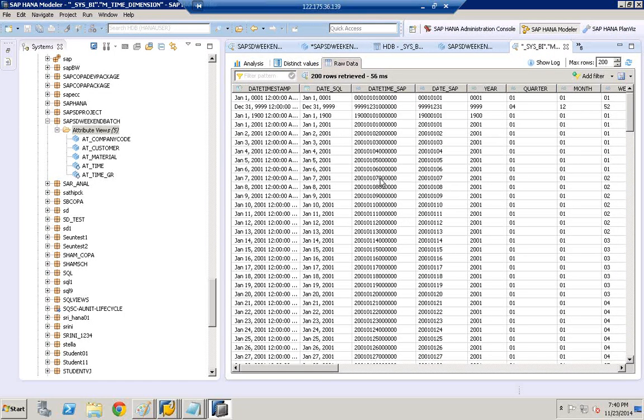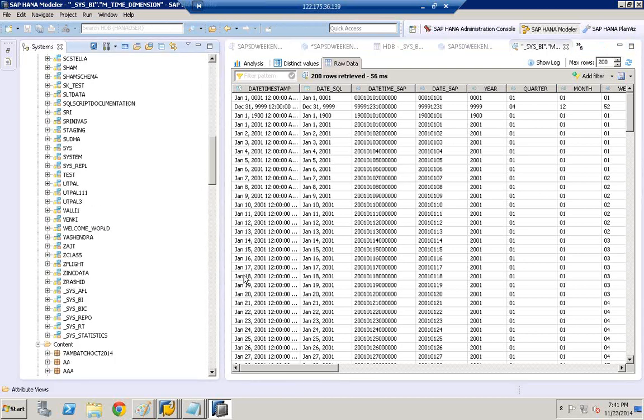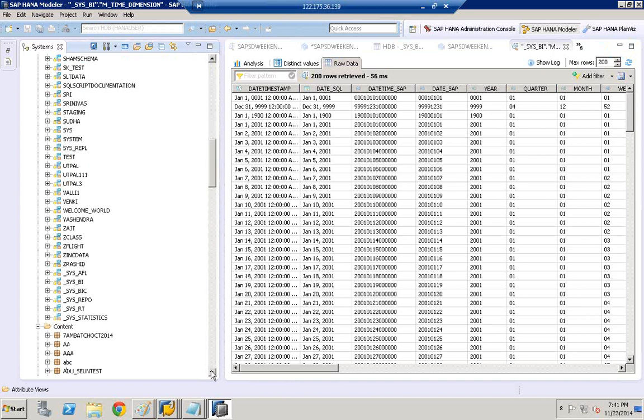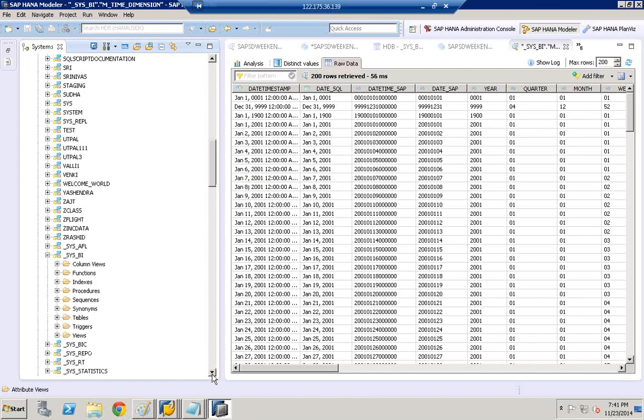We have data in the table because SAP given an option where you can generate time data, and already someone executed this generation of time data. I'll show you. I will delete sys underscore BI,